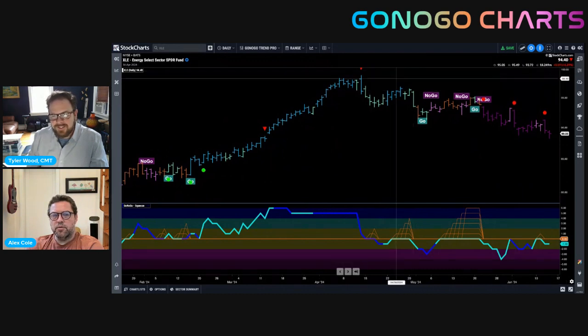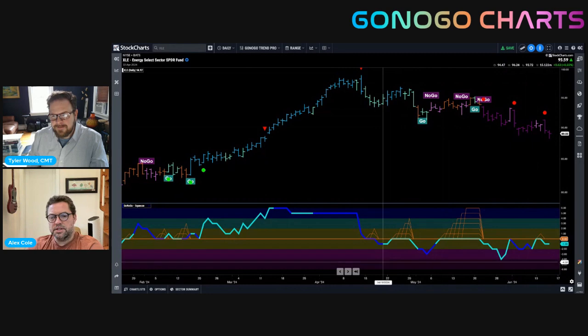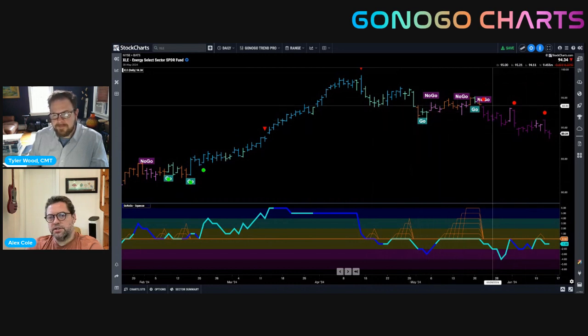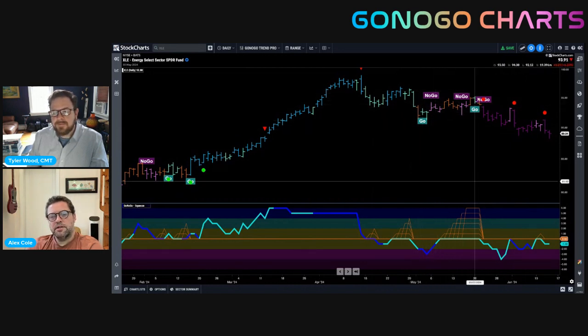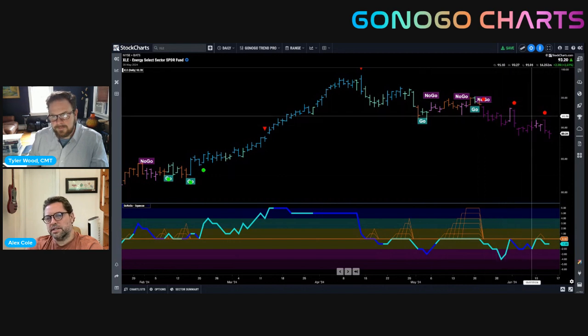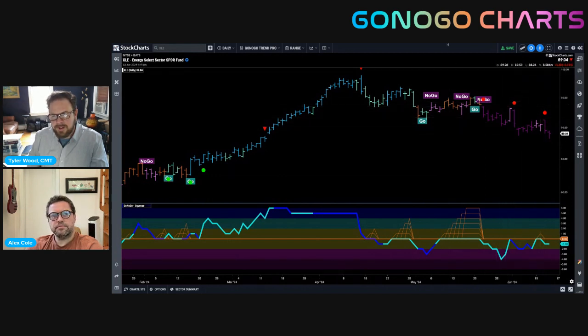Yeah, XLE falling away now for some period of time. And you can see how cleanly it's been rejected by the zero level when we look at the oscillator panel. So every time we had the trend change and the trend sort of uncertainty happening here, when we are staying at or below zero, that is not a good sign. And so then when we finally rolled over into the no-go, now we're seeing quick signs of trend continuation. Absolutely. Every time it retests the zero line from below, we're getting that quantifiable confirmation that the no-go trend has a chance to continue as momentum rolls back over into negative territory.